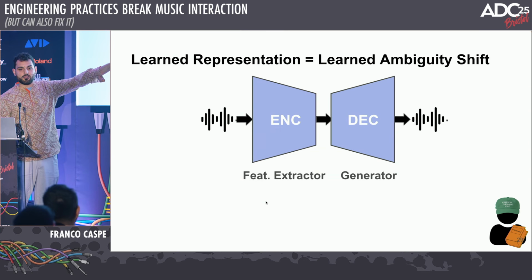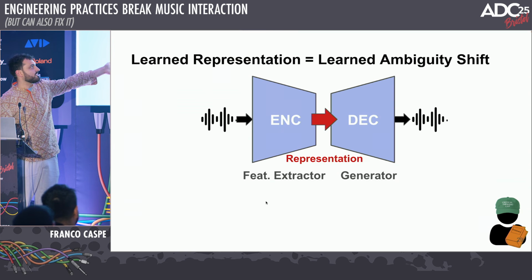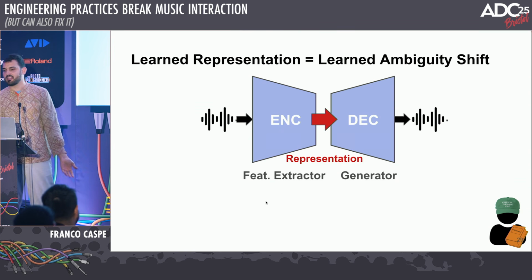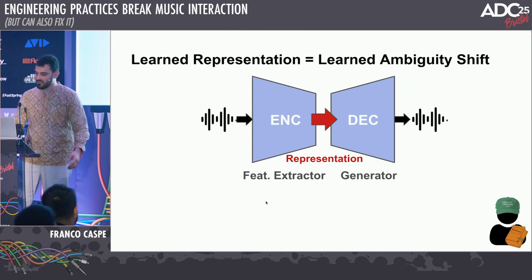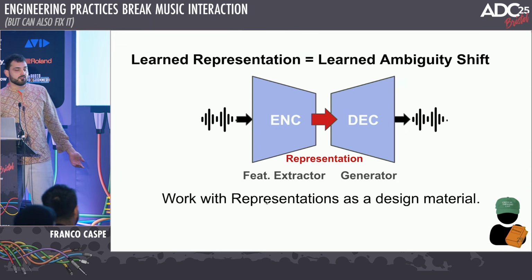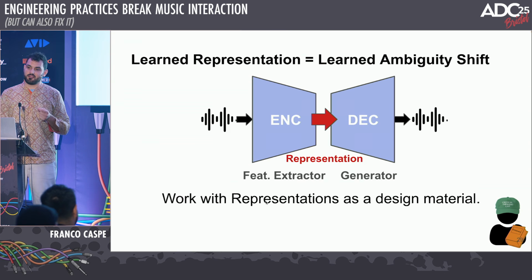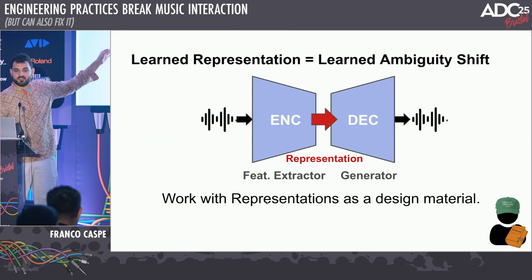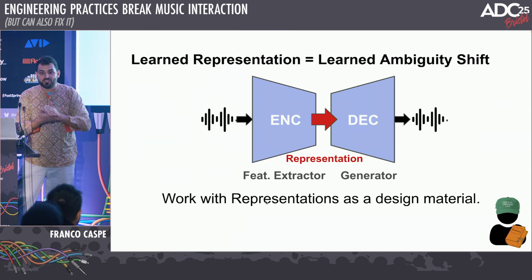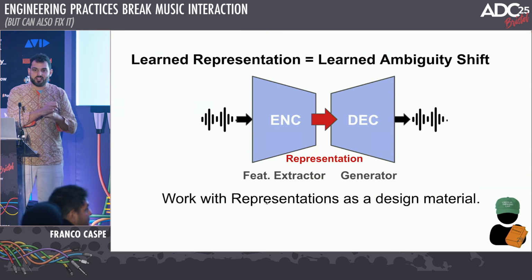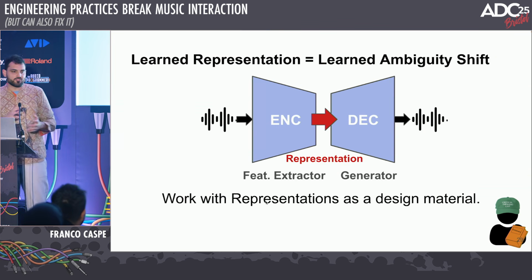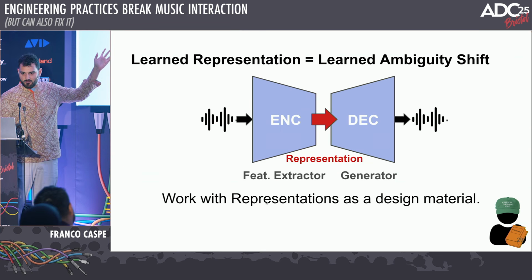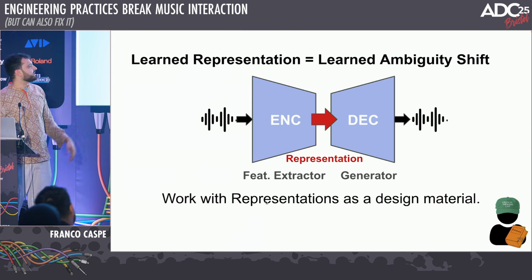We have a generator on the other side that is generating audio, right? And we have a representation in the middle. Yes, this is a learned representation, a latent representation. You can call it latent space. It's the same, right? But the great idea here, and of course these representations are going to do an agential cut. They're going to exclude some information while bringing to reality some other information. But to me, the great thing here, and the great opportunity here for fully neural systems, is that we can